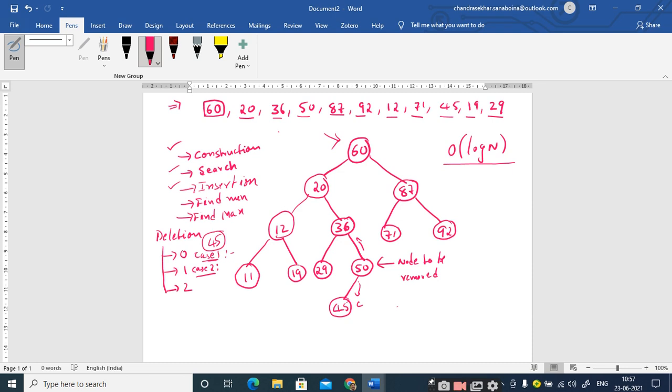Why? Because one pointer should be pointing to the parent node of 50, and one pointer should be pointing to 50 directly, right? So if we have such pointers, you will just modify the right address part of 36 with the left address part of 50. That's it, right? Let me represent it in the linked list notation.